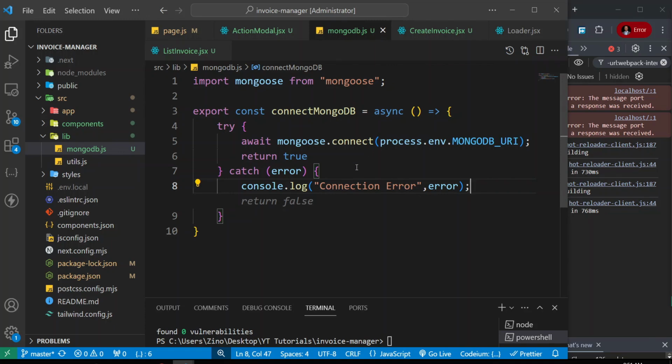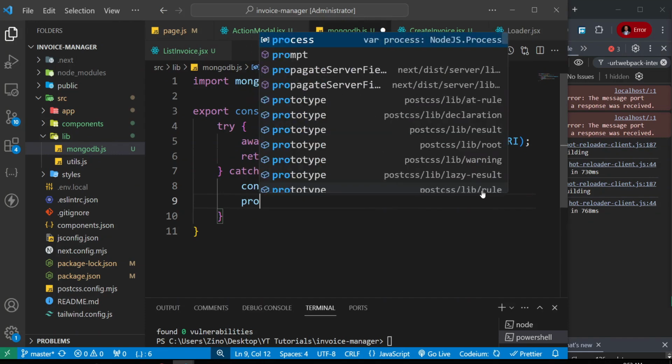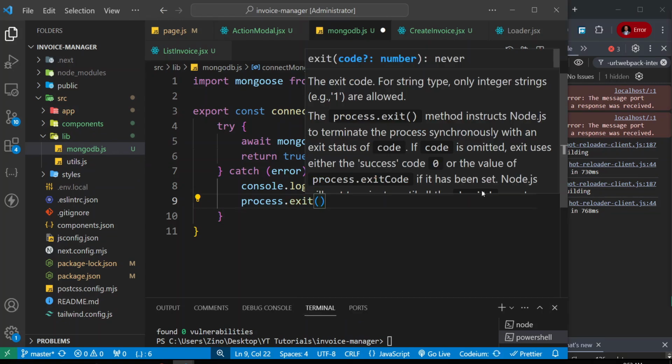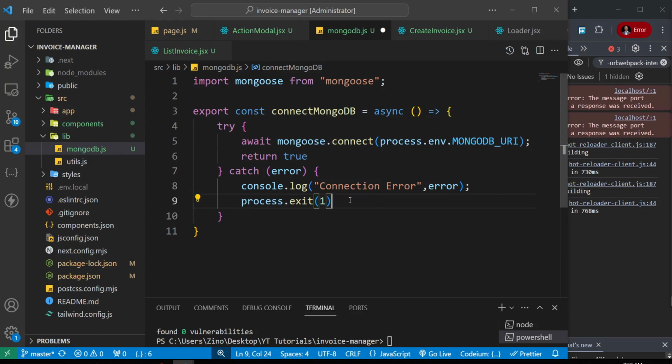Or there's one more thing we can do here. So we can say process.exit when the connection fails. So I can say something like process.exit just to make sure that the process is terminated, and we'll give this an argument of 1. So just something we can also do. So here I'll go ahead and save, and in the next video we're going to create the model for the